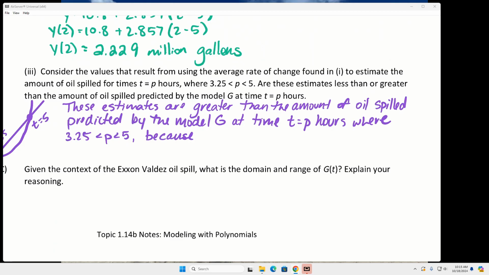Because what do we know about G? It is quadratic and it's concave up. We need to talk about concavity on this problem. And the secant line will fall